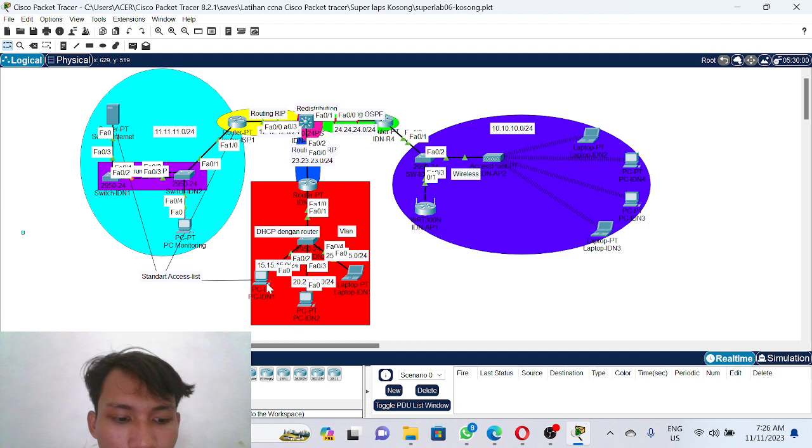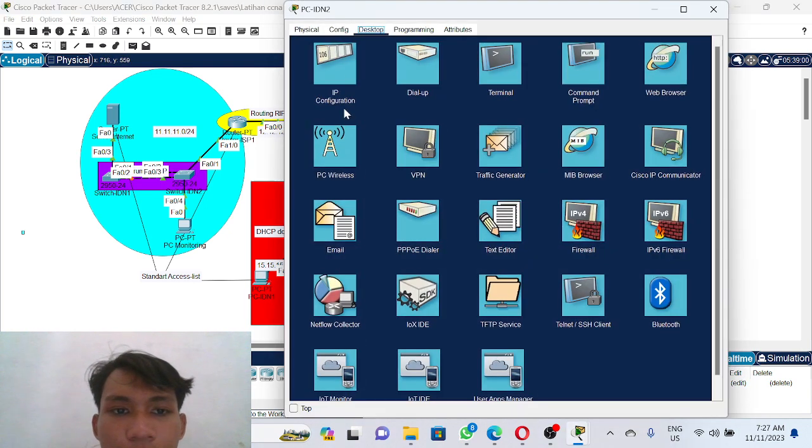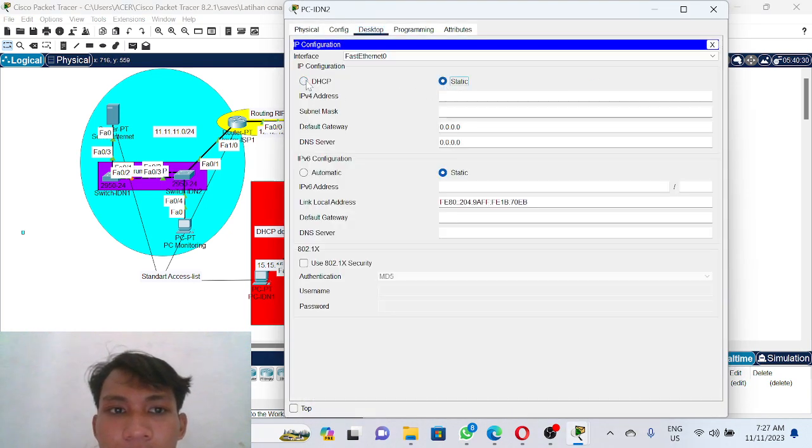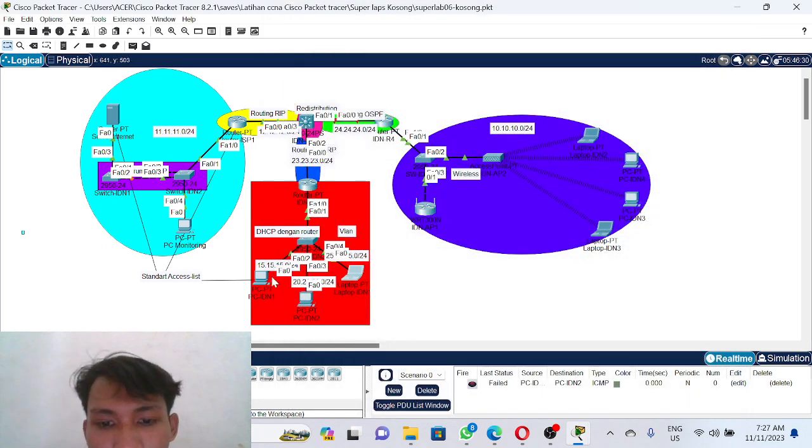First, we ping from the VLAN. We must succeed first in the VLAN.